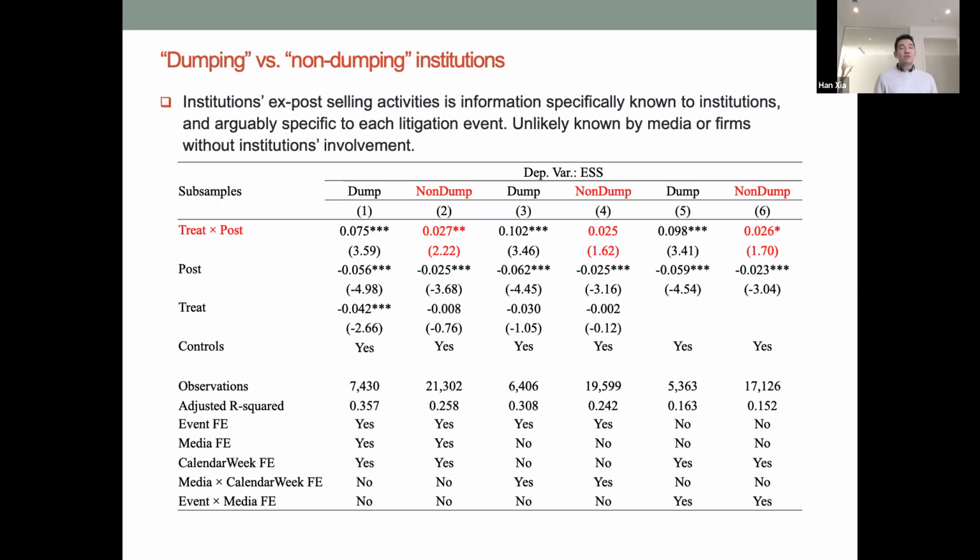So this information is sort of specific to the institutions. It is less likely to be known by either the medium or the defendant firm. For this reason, when we see variations based on this type of activities, it tells us our story is more likely involving the direct communication, or at least the direct instructions from the institutions, instead of the medium and the defendant firm just talking directly to each other without the institutions doing anything.